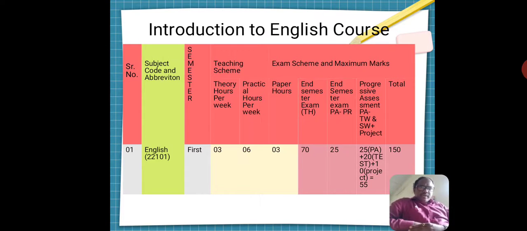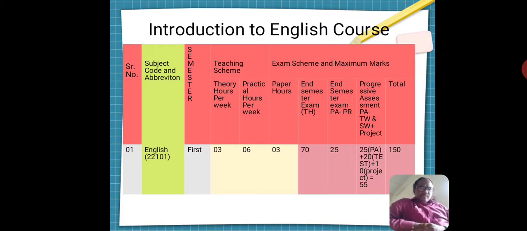One more important thing about this subject is that we have a project, that is a micro project, for 10 marks, which we have to complete at the end of this semester.